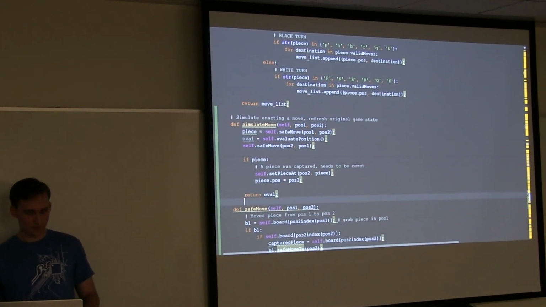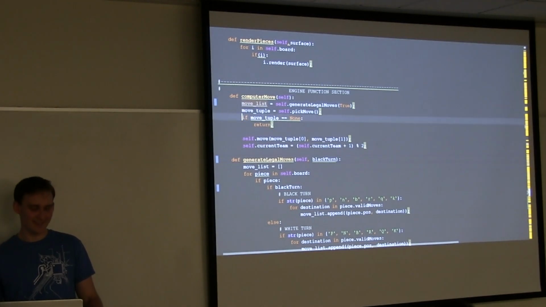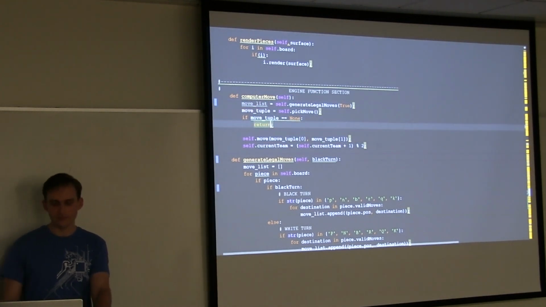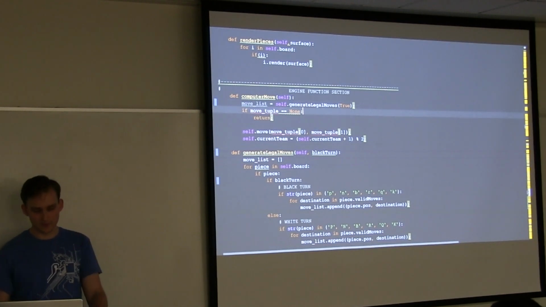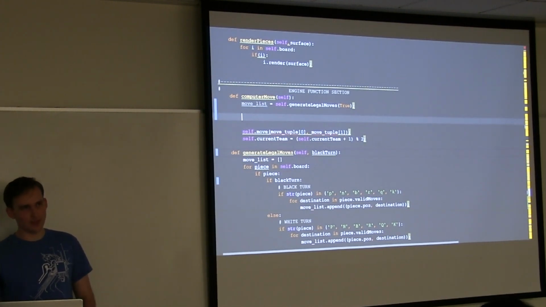And that was a whole lot of code for this simulate move, which will help us look one level deeper in computer move. So now we can return the good old computer move, and we will be moving using that move list. First things first, let's just get rid of the pick move, I should say, because we are going to be making an intelligent decision now. So we have our move list, and we have a way to